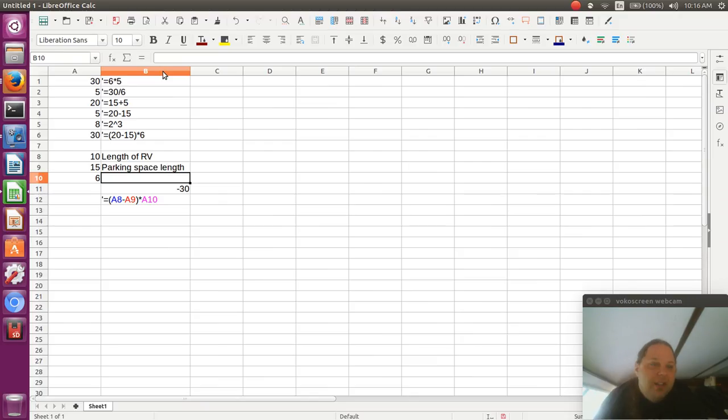And what I wanted to do is take the leftover space and expand it so I can fit more RVs in there or something. And I'm just going to have this be spaces. So I want to know how much free space is left over if I've got this sort of information. So then I could test what happens if I've got a longer RV. Instead of being 10, it's 12. And so now I'm short by 15